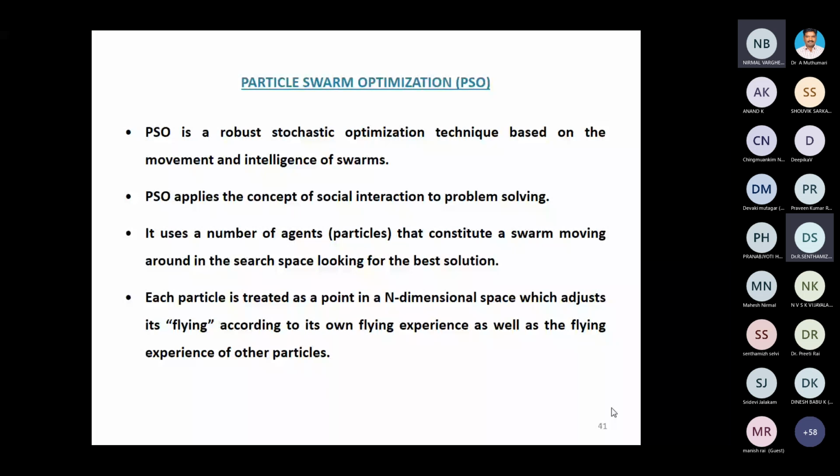Are you aware of other evolutionary algorithms like the ant colony optimization algorithm? Sir, one doubt, sir. Why are you using particle swarm optimization? Why can't you use the ant colony approach, cuckoo search, like that? Yeah, exactly. It's a very good question, madam. I expected this question from the audience side, but so far no one asked. As a researcher, you applied your mind exactly.